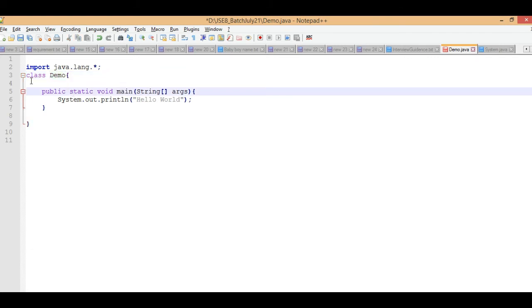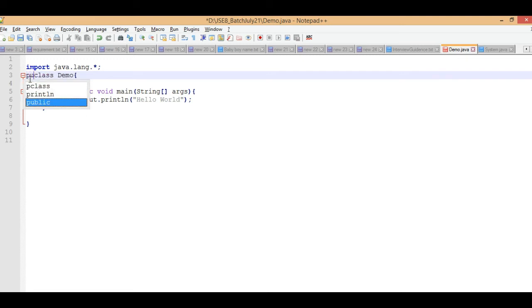If this class should be accessible from other places you have to declare it with an access specifier like public, protected, private, and by default it is default. I didn't mention it here, so this is the access specifier. It depends where you would like to access this class.